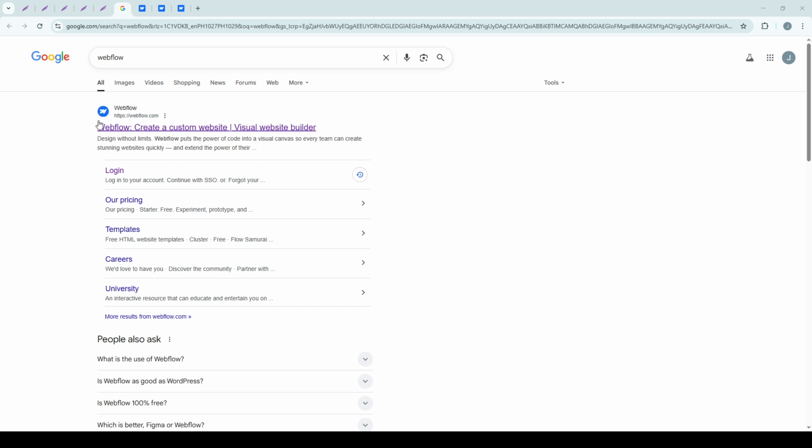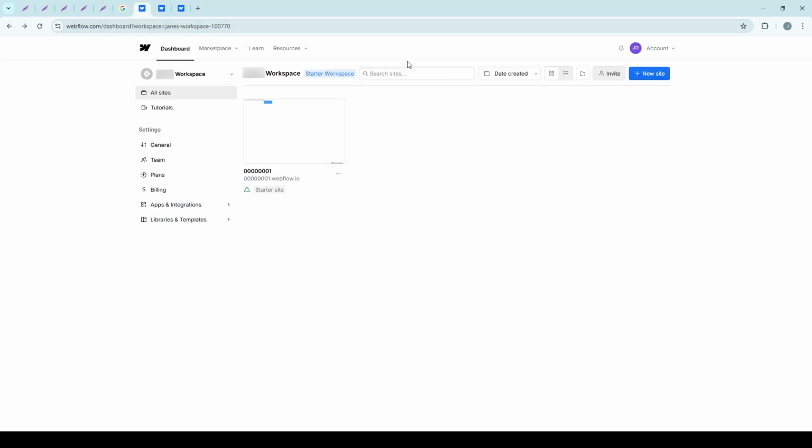First things first, you need to log into your Webflow account. Once you've logged in, you will find yourself on the Webflow dashboard. This dashboard is where all your projects are listed, and from here, you can manage your different websites efficiently. Choose the project for which you want to clear the cache. Remember, clearing the cache is particularly useful when you've made updates and are not seeing those changes reflected on the